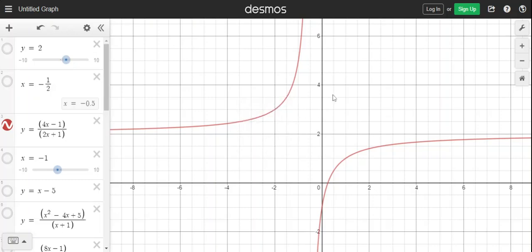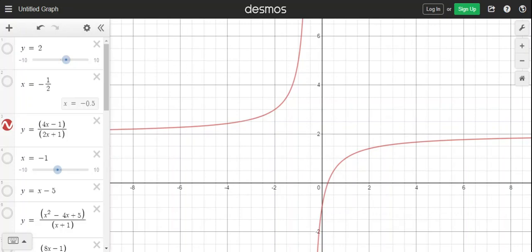Welcome to another lecture on rational functions. We know that rational functions can be analyzed using key features such as asymptotes, intercepts, slope that is positive or negative, increasing or decreasing, or the domain set and range set, and the positive and the negative intervals. So here we are starting with a very simple rational function known as a